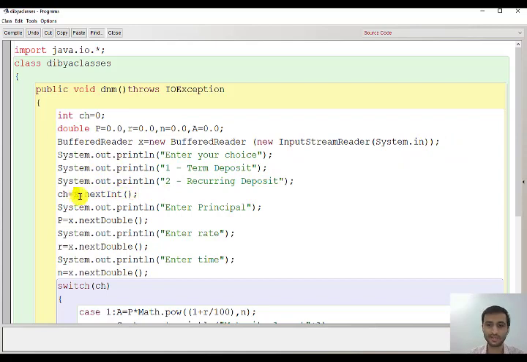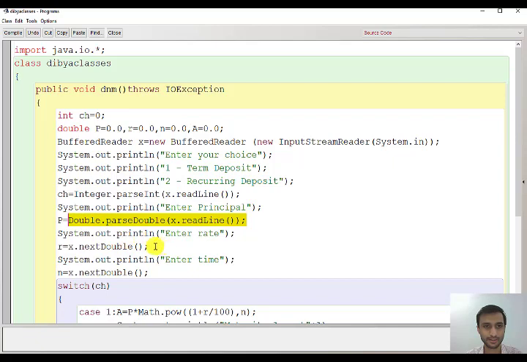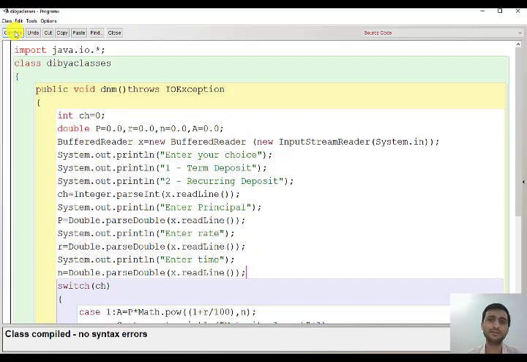So this is integer, so it will be Integer.parseInt(x.readLine()). Similarly, this will be Double.parseDouble(x.readLine()), and for this and also for this. Done. The program is now converted to BufferedReader.